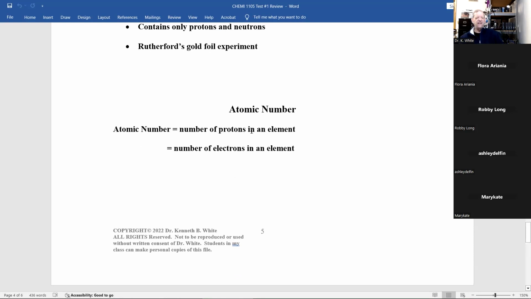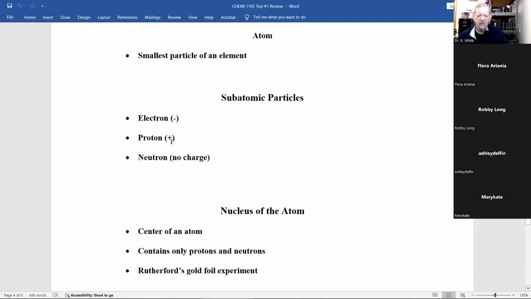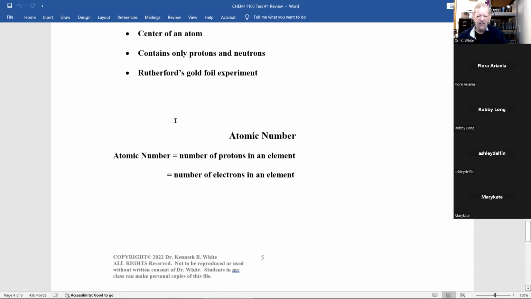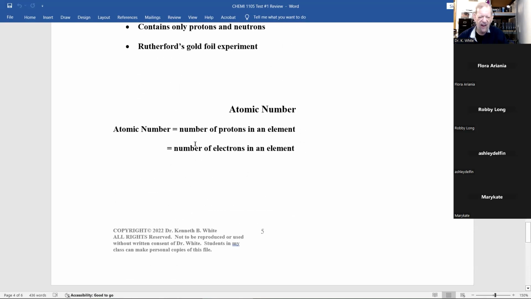I hope you do. The atomic number is equal to the number of protons by definition in an element. All atoms have a net zero charge. Since a proton is a +1 charge each and an electron is a -1, for those all to be neutral, the atomic number gives you also the number of electrons in an element. Again, atomic number gives you the number of protons in an element, and it gives you the number of electrons